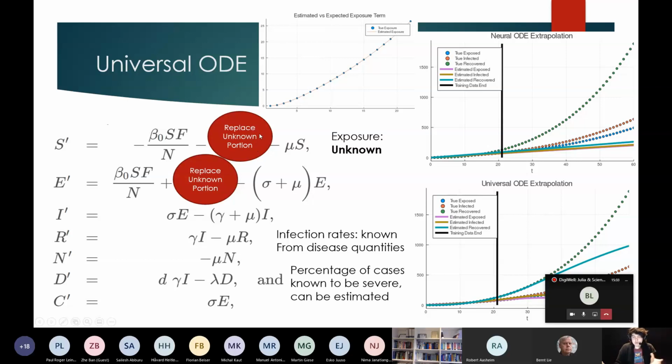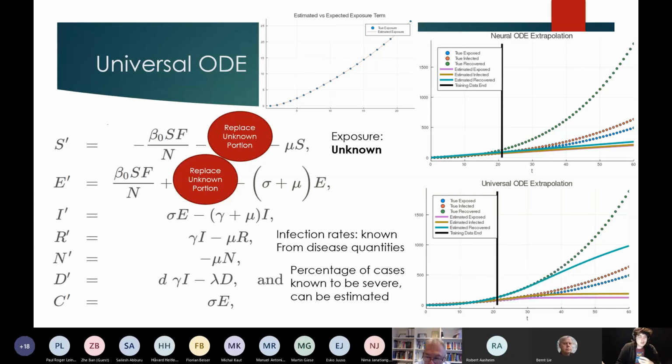And so what we do is we just say this is an unknown function. We can have a neural network that takes in some quantities and spits out a value here. It's minus that value here, plus that value here, and now we have a model which is this neural network embedded within a mechanistic model. And what we do is we train this, and it will learn. So this is actually a plot here of what the estimated versus true exposure is. The neural network will learn to be the missing exposure term in this model, and then it'll perform quite well in this extrapolation, right?